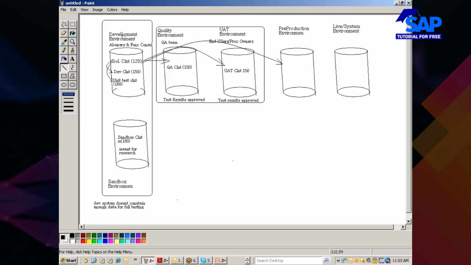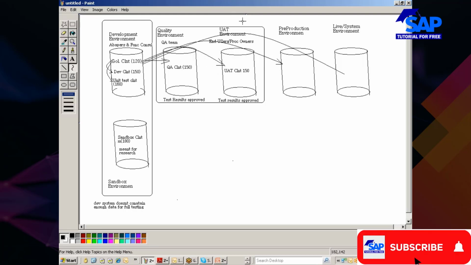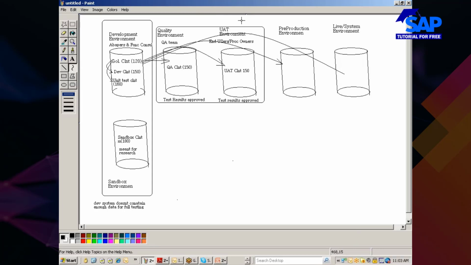And then finally the changes will be marked for transportation to your live system based on the releases that you have.